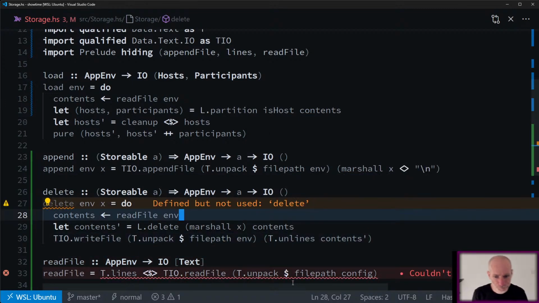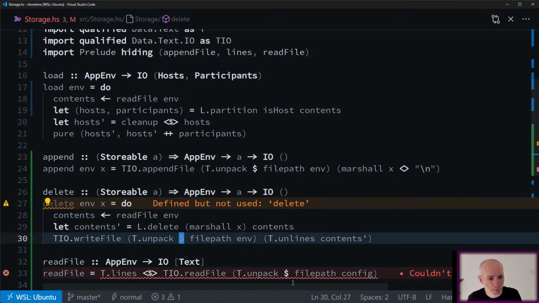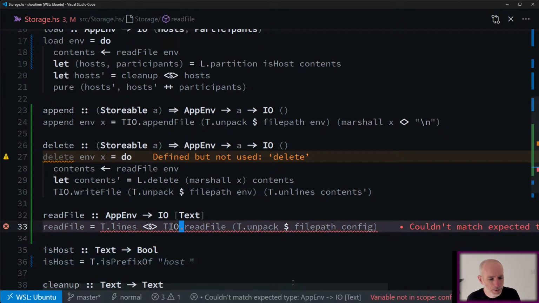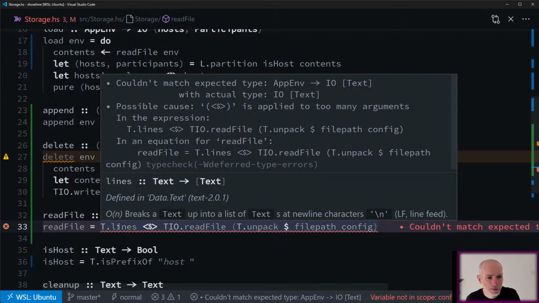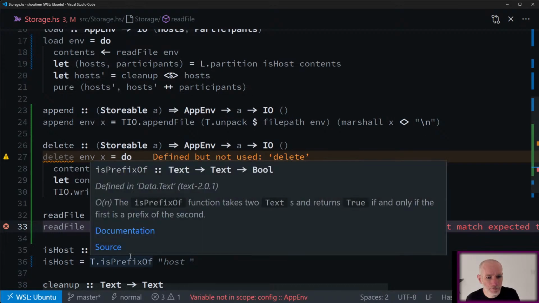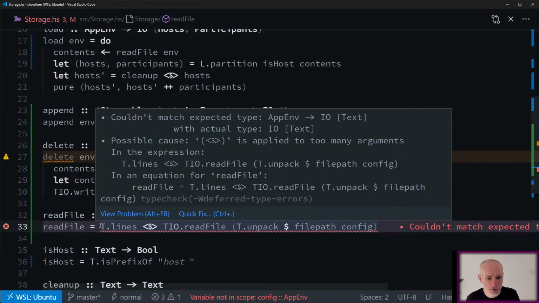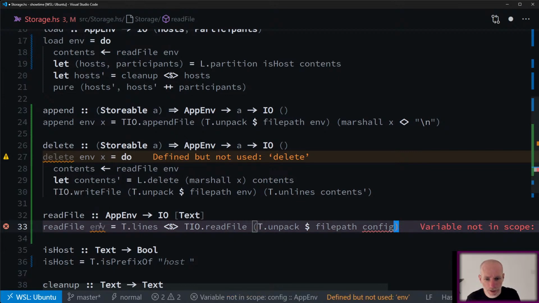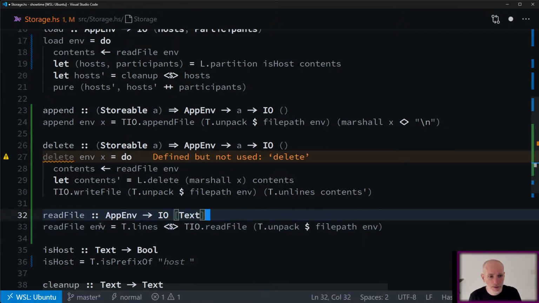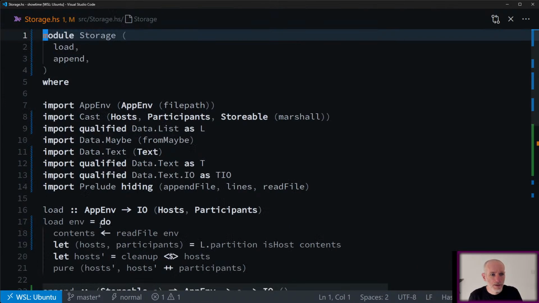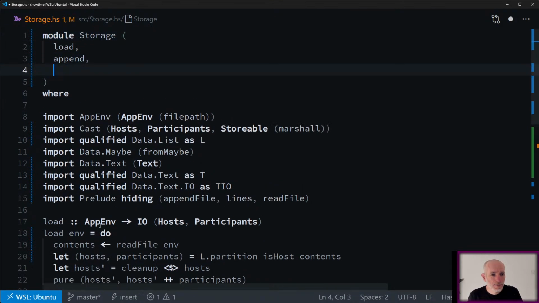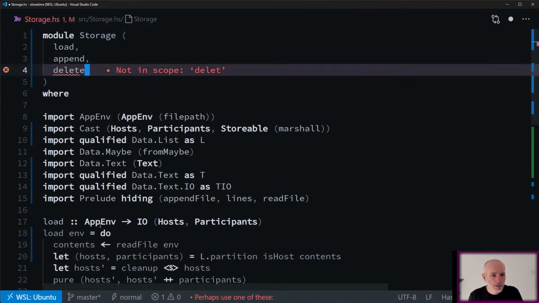Okay. And what's wrong with this? List of text. Oh, needs the env. Right. And then config's undefined. So call this env. Call env there. And then we can export delete.